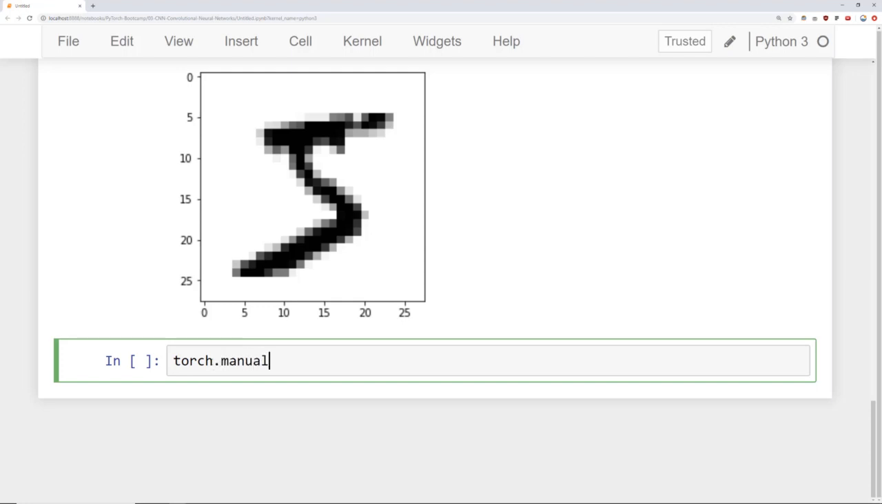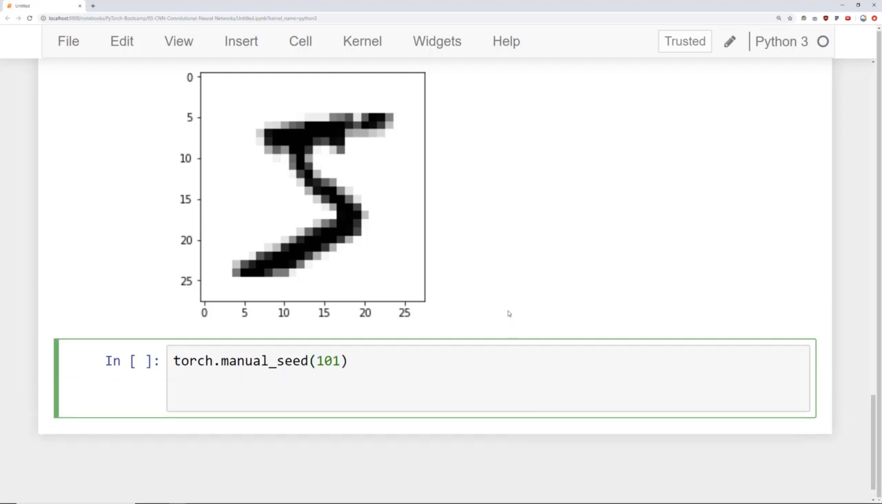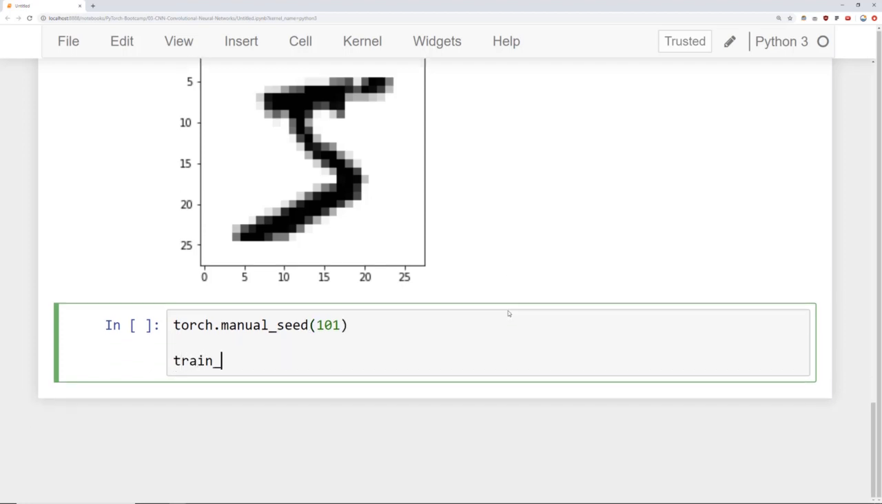So we'll say torch.manual_seed. The reason for this is that since these batches are going to be taken from the randomly shuffled data, we want to make sure that my random shuffle that I'm filming right now is the same as your random shuffle. We can do that by setting a seed. And again, as always, 101 is just an arbitrary choice of a number. So then what I'm going to do here is say train_loader is equal to DataLoader, and I'm going to pass in my training data,